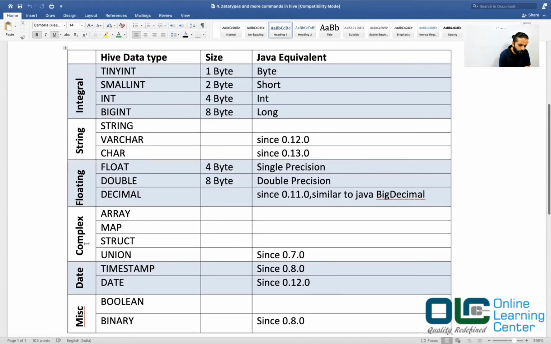Okay, now complex type is the beauty of your Hive. Okay, and we will be learning this complex data type, how you work with array, map, structure, and union all together in the coming chapters. But this is the beauty of Hive. You will start respecting Hive when you start looking into the complex data type. Okay, I'm really a big fan of this complex data type because it can store almost anything.